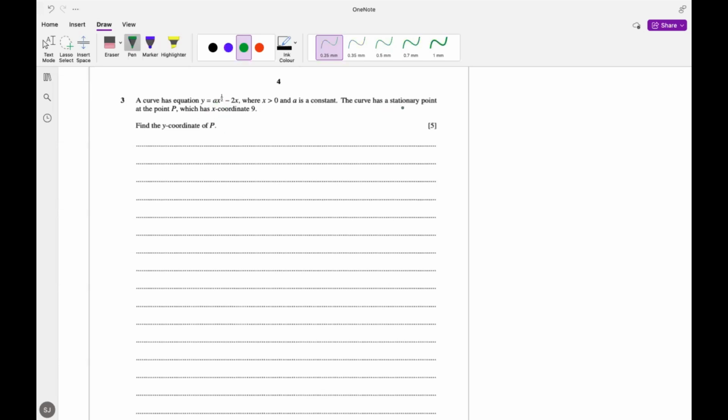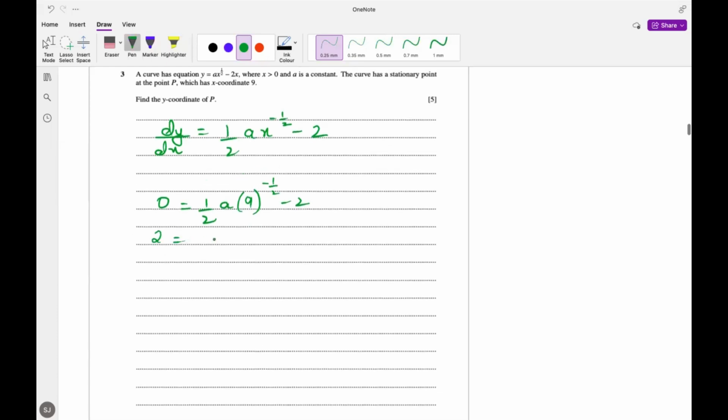So the stationary point basically means that dy/dx will be equal to 0. In the first step, we'll find an expression for dy/dx. So dy/dx will be equal to 1 upon 2 times a, and the power will decrease by 1, which will become minus 1 upon 2. Differentiating 2x will become 2. And now the x coordinate is 9 and dy/dx is equal to 0. So we can write it as 0 equals 1 upon 2a into 9 to the power minus 1 upon 2 minus 2. Taking the 2 on the other side, that will become 2 equals